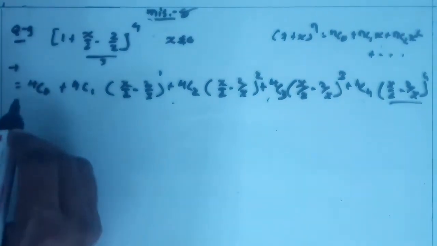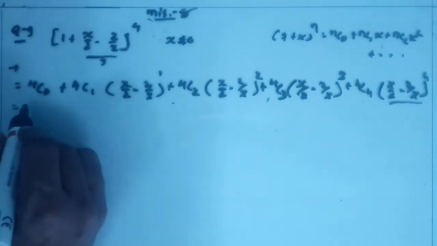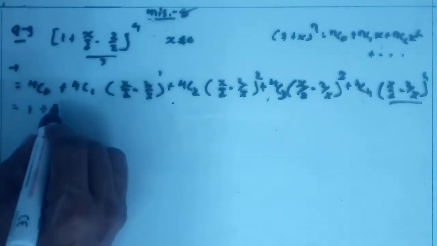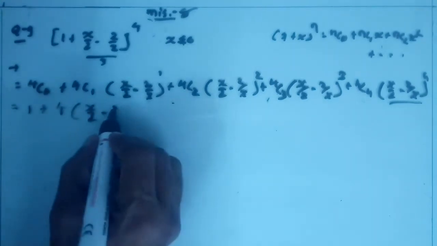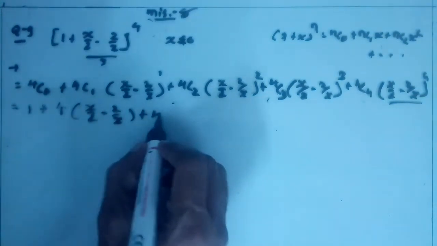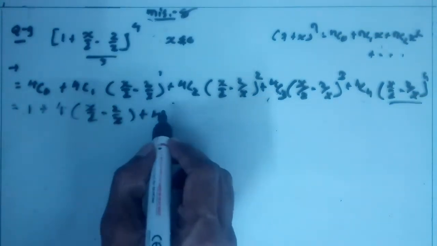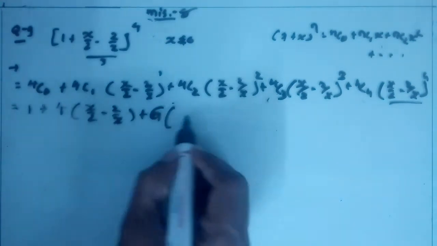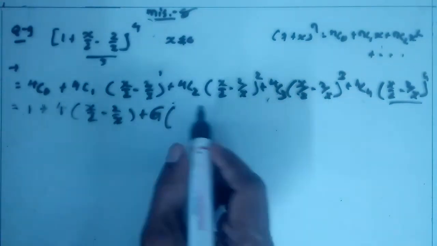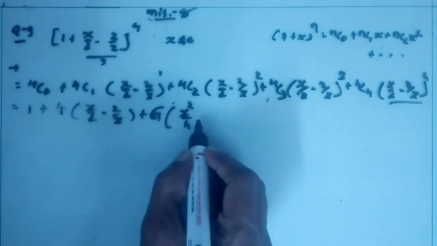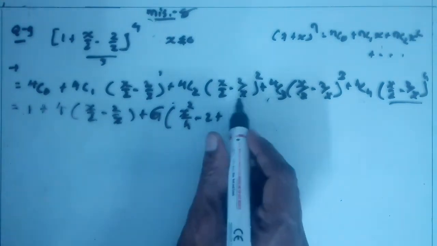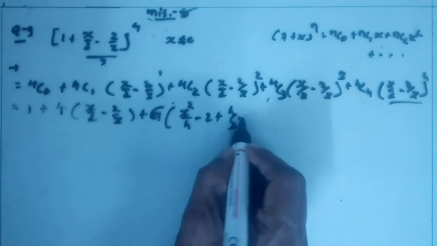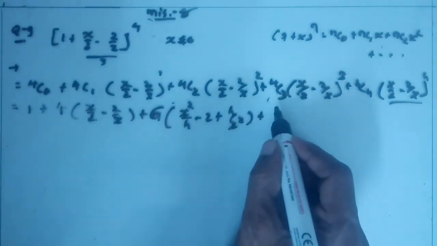Here 4C0 is equal to 1 plus 4C1 is equal to 4 into x upon 2 minus 2 upon x plus 4C2 is equal to 4 into 3 upon 2, that becomes 6, into x upon 2 minus 2 upon x raised to 2 becomes x square upon 4 minus 2 into product of these two becomes 1, that is 2, plus square of last term 4 upon x square, clear, plus 4C3